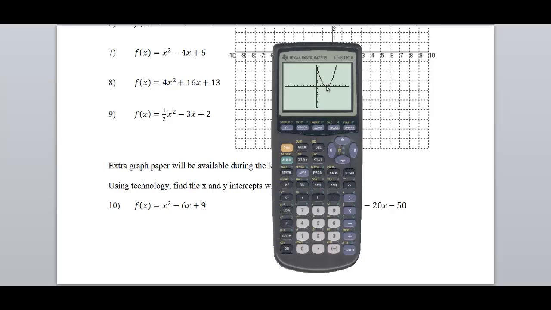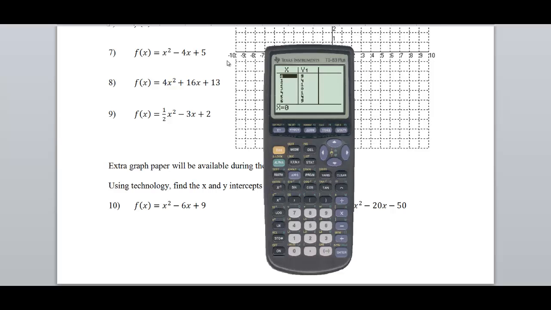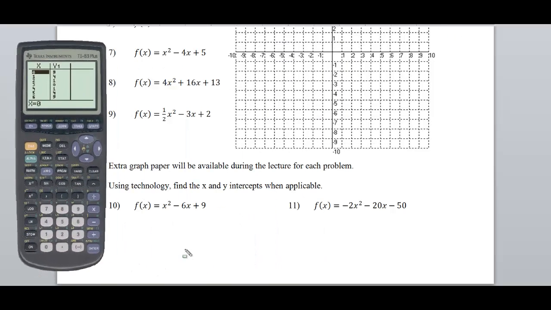So my x-intercept is 3, 0, and my y-intercept is 0, 9. Check it out. You can see 0, 9. This is my y-intercept. This is my x-intercept. So I have it. My problem here is going to be done because now that I've seen it on the screen, my x-intercept is going to be at 3, 0, and my y-intercept is going to be at